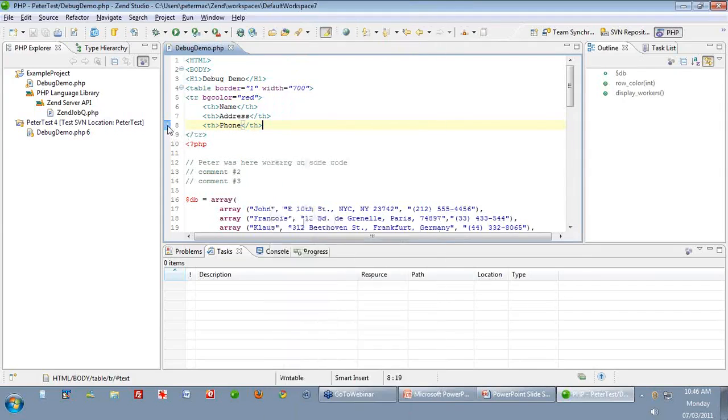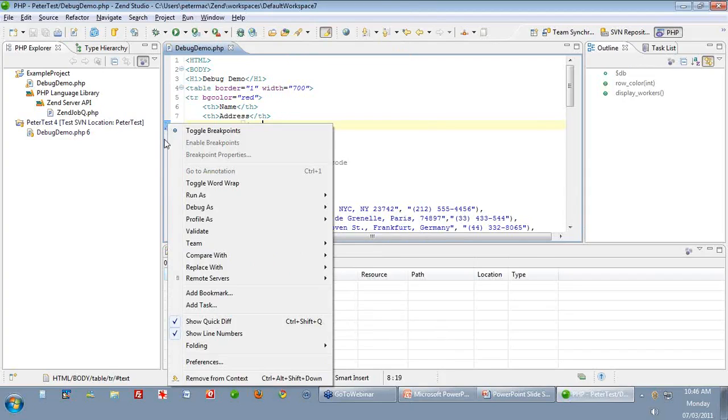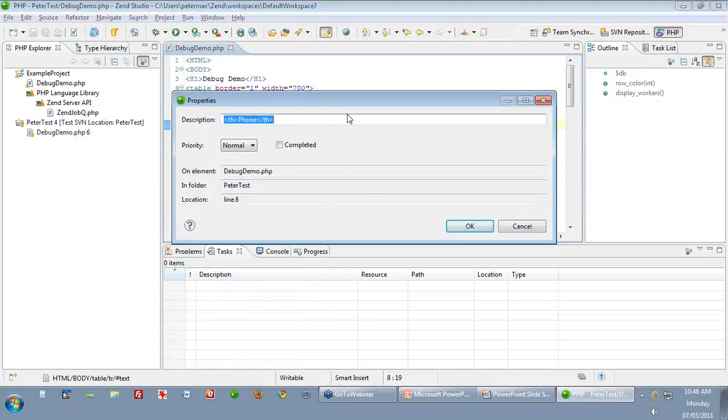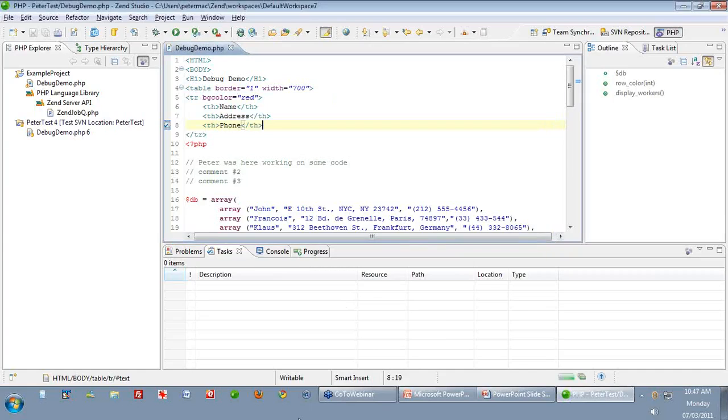I right mouse in this area here beside the line numbers, and I can add a task. So this is the line of code that I'm adding the task to, but that's not really a very good name for it. I want to add country to table, and it'll remember what line of code it's on, so I don't need to know the suggestion of the code that was there. So a little task check mark to-do list kind of symbol shows up on that line